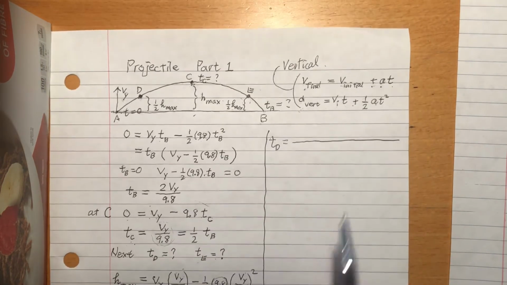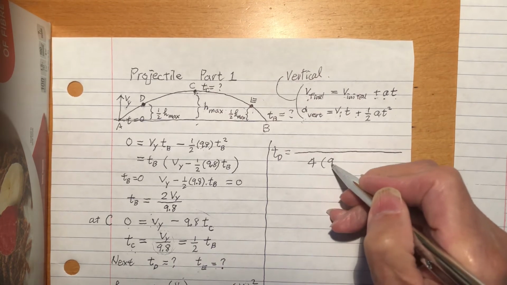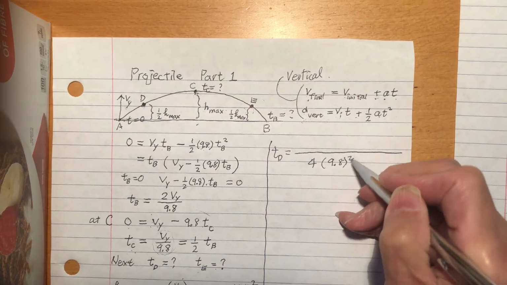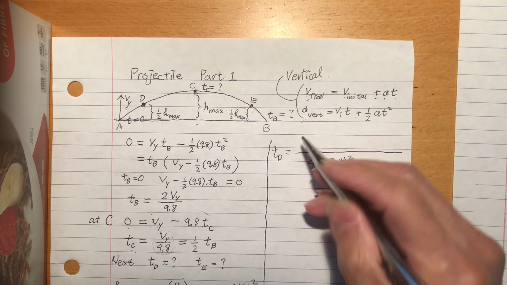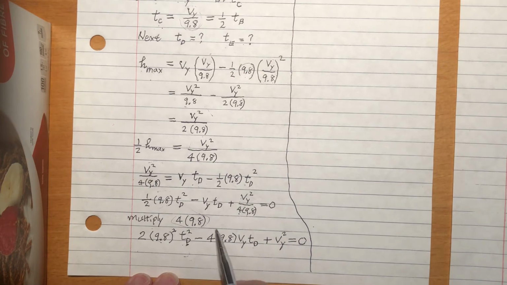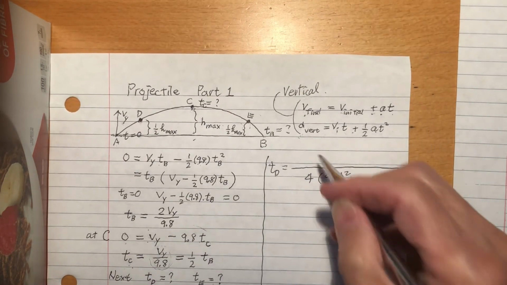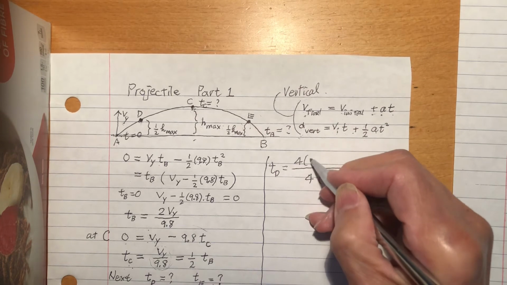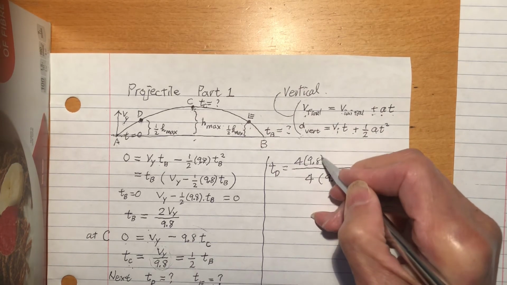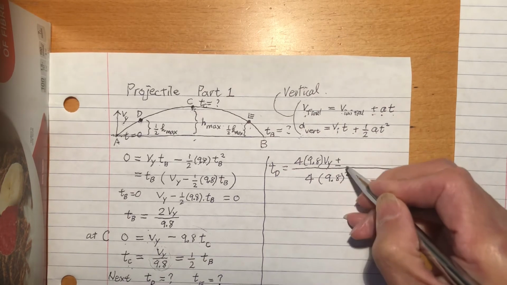So it is 4 times 9.8 squared. So here I need minus b. What is my b? B is this. Minus b, cancel this minus. So b is 4 times 9.8 Vy. Plus minus square root